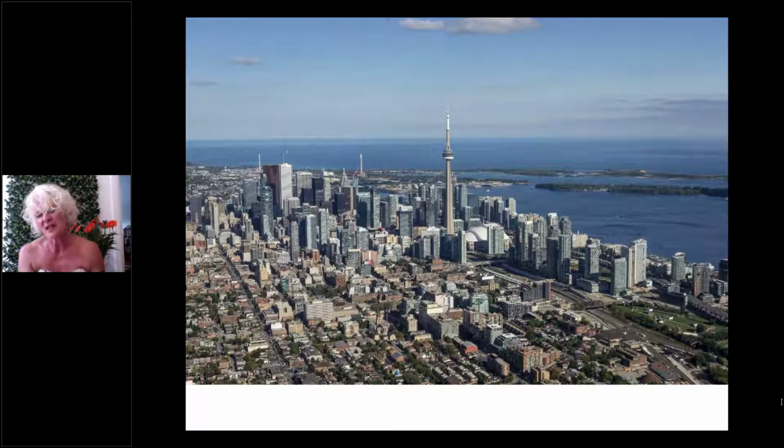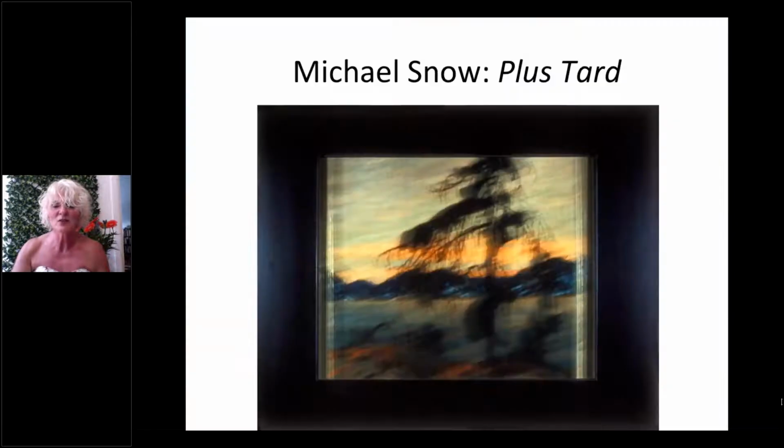I find it fascinating. And it isn't just that we live in places like this in Toronto, but it's also that we now live in a multimedia, post-wilderness era. This is Michael Snow, another great Canadian artist that I highly recommend you look up online. There's great literature, a couple of new books, one by James King that I can highly recommend, just out on Michael Snow. This is one of his multimedia images to point towards the fact that we live in a post-wilderness era now in Canada, and yet there's something about that Jack Pine that sticks with us.